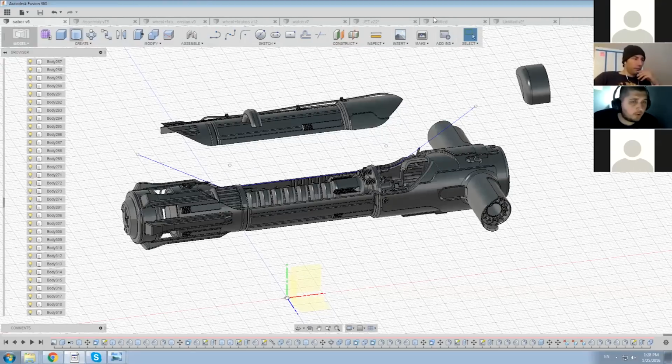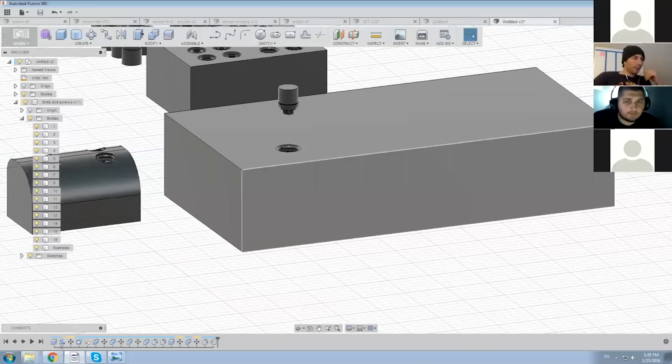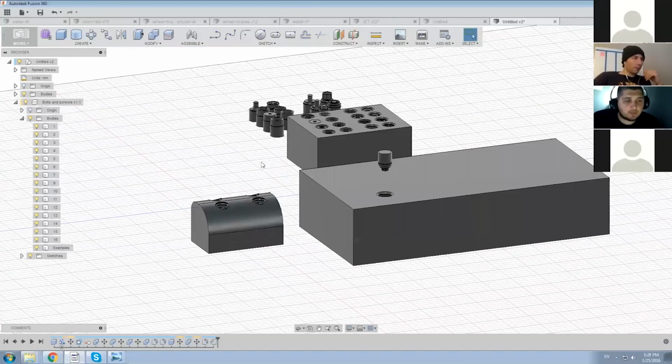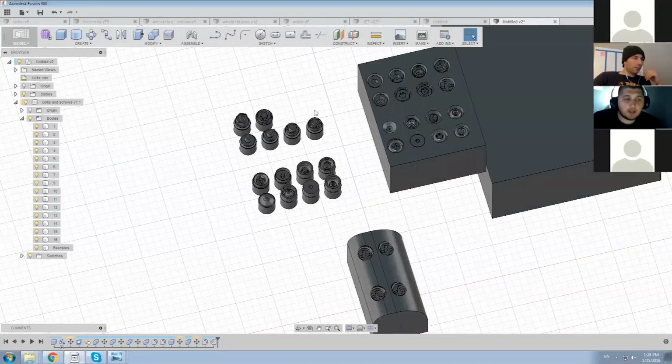So for example, all those nuts and bolts that I have here, I can easily export to ZBrush, create an IMM, and it will be really clean. So at the end, the result in ZBrush will look pretty clean. It will be easy to work with. So stuff like that is, I feel like